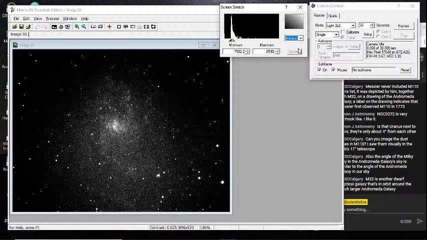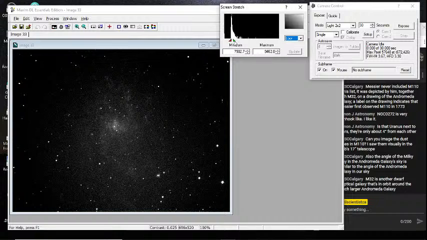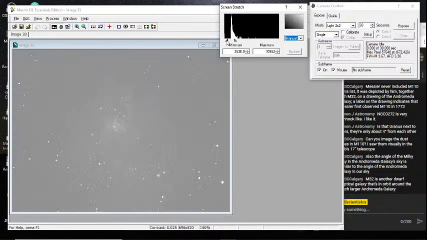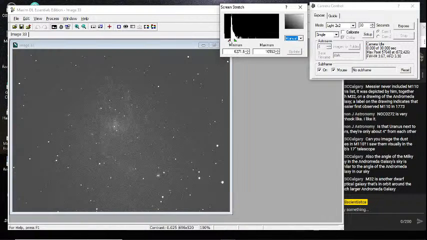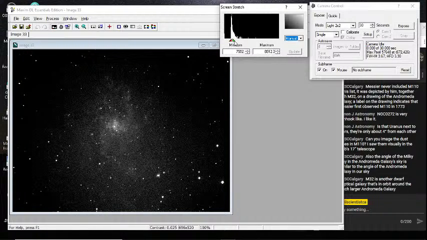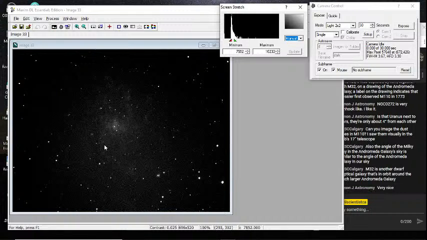Let's change the screen stretch a bit there. Can't do too much more screen stretch because of the background light from the city. I'm going to try doing some of this here. No. Whoa, wrong way. M33 is a trickier target because since we're looking through more of the dust of our own galaxy, it's a little dimmer, but you can see one of its spiral arms here. This is actually a star forming region in the galaxy. If we were to take a color image, this area here would actually be kind of reddish pink.